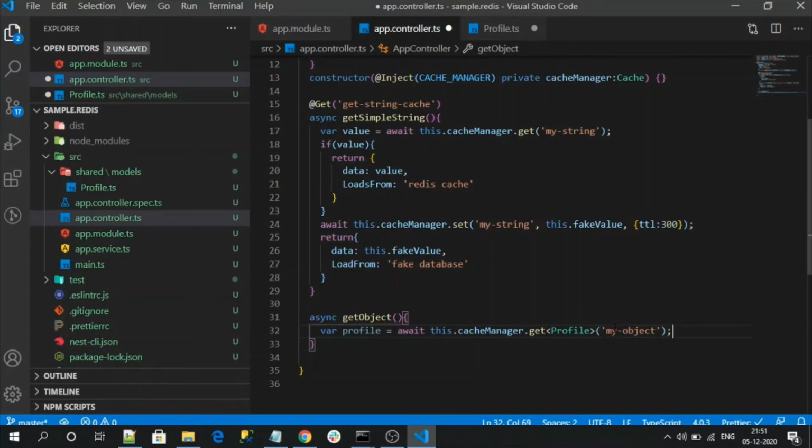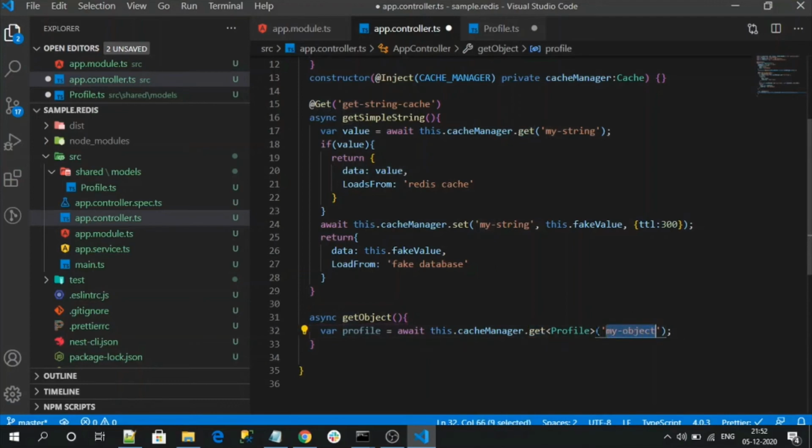Redis store always saves the data as string or bytes. But what we are doing is using get with a specific type. So this get method first fetches the data with the existing key my object.